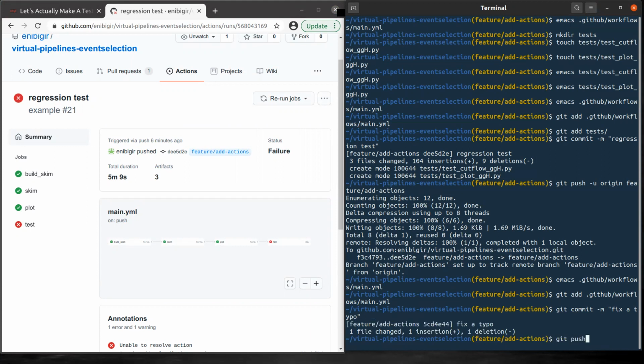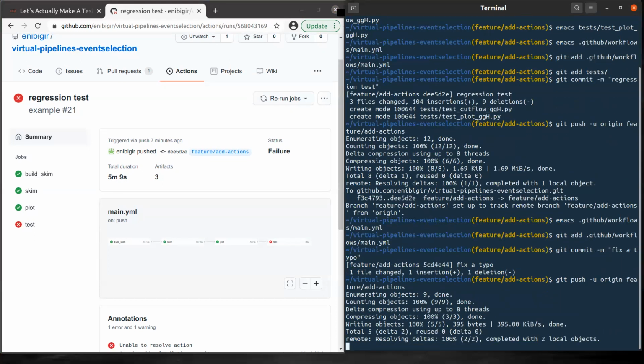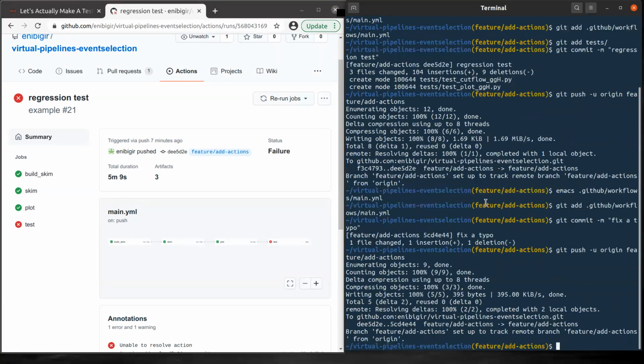Then git push origin feature add actions. Okay.